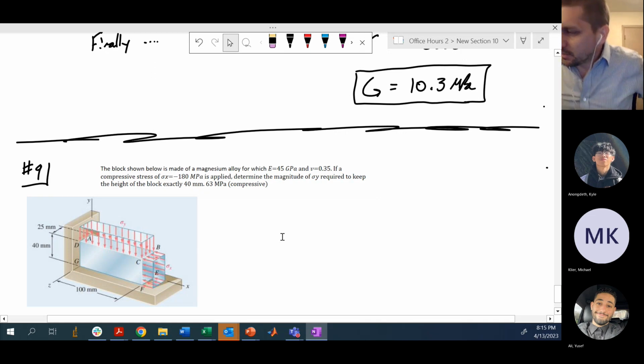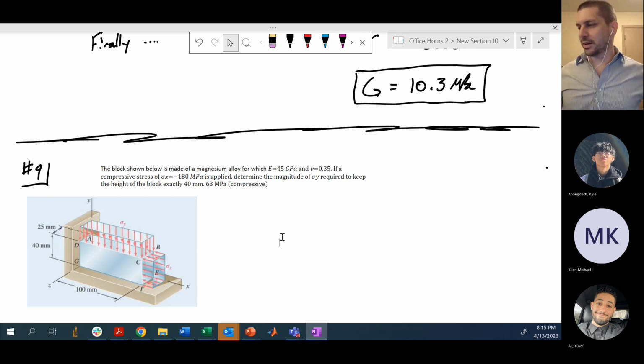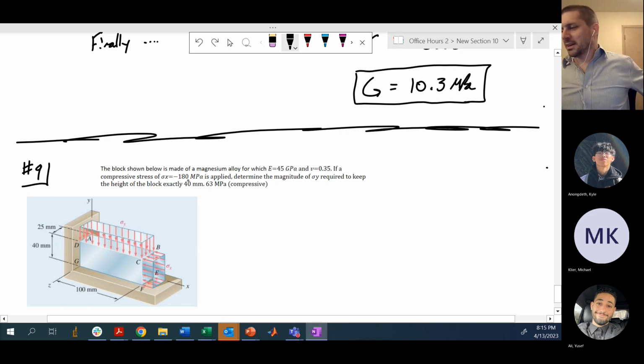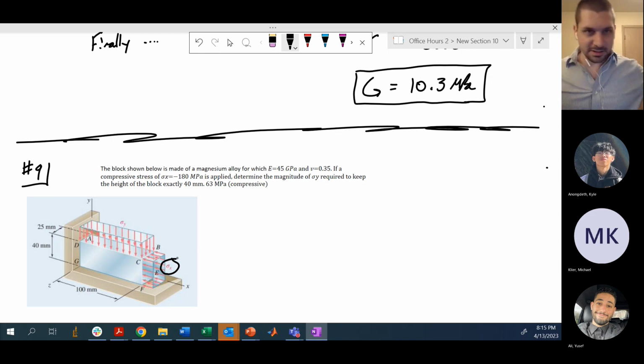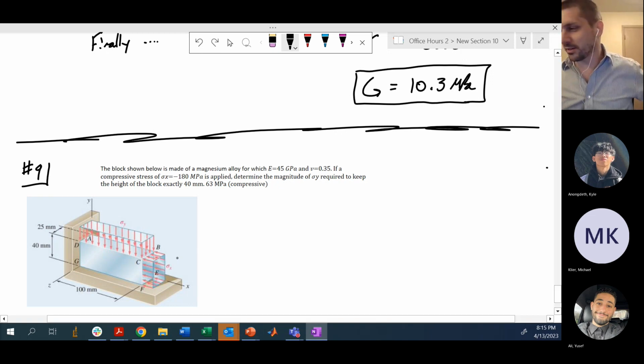Block is shown, a magnesium alloy, modulus 45 GPa, Poisson's ratio 0.35. Compressive stress of sigma x, here my subscript got a little mixed up, negative 180 MPa. Okay, so we have compressive stress, compressing or squishing this thing, so that's why we have a negative sign. Determine the magnitude of sigma y, so the stress in the y direction required to keep the height of the